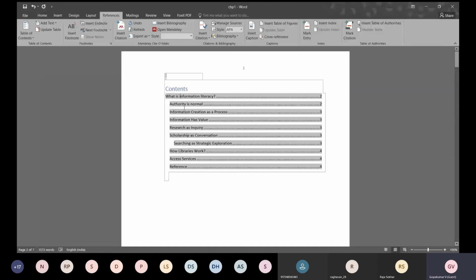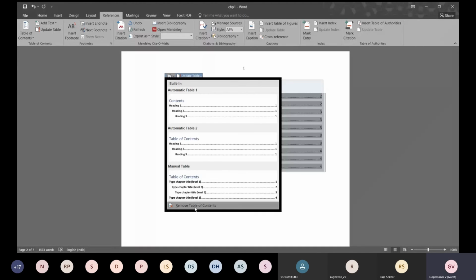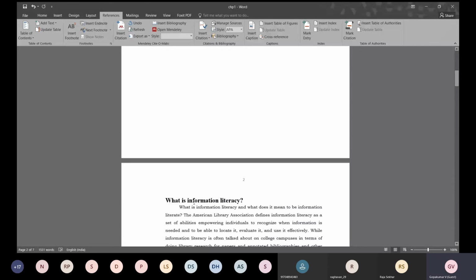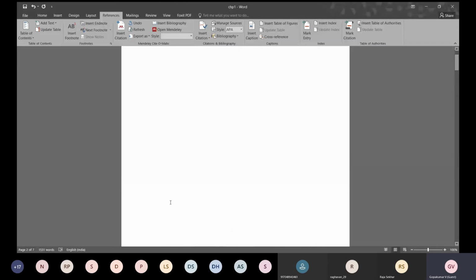Now the problem is, if you have too many chapters, what will you do? For example, if you have chapter 1 and chapter 2 and you want to create a table of contents, how will you do it?